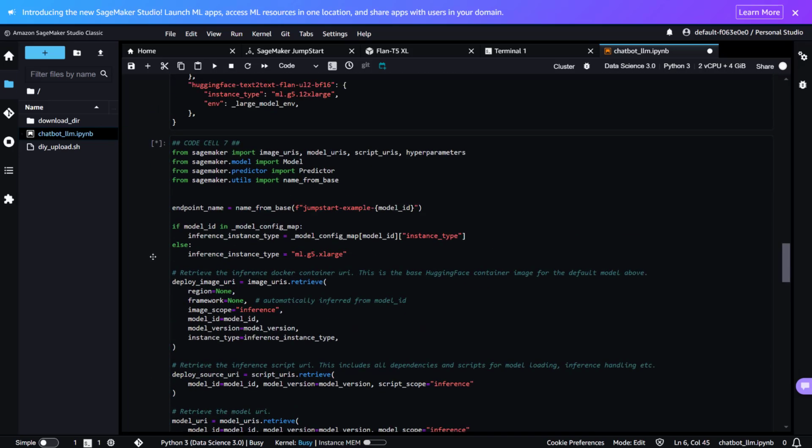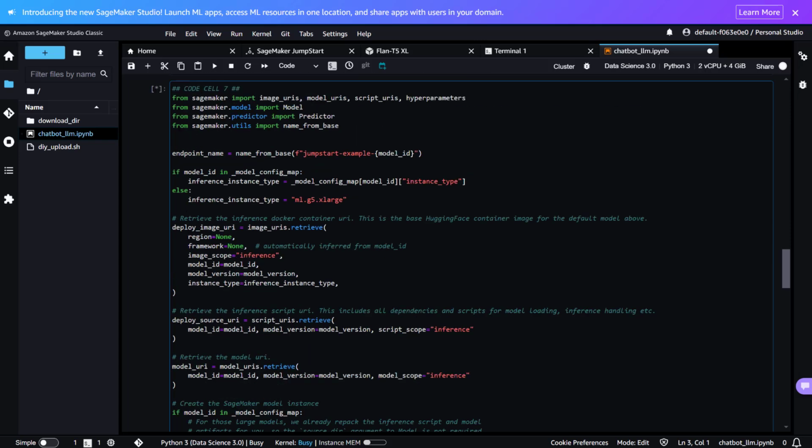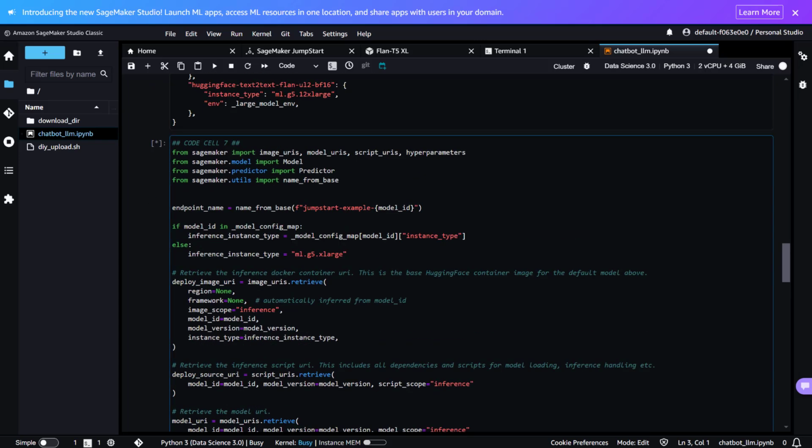This is similar to whatever we have done so far, but the difference is we are going to integrate this with Lex, right? Because this we are running here, but that's not how we will be doing it. What we will be doing is once the Lex chatbot is deployed, when we ask a question there, for example, if I put the same question that I'm asking here in the chatbot, Lex will trigger a Lambda function, and that Lambda function will query it from SageMaker, and the response will go back to Lambda. Lambda will give it back to Lex. So that we are going to do in this project.